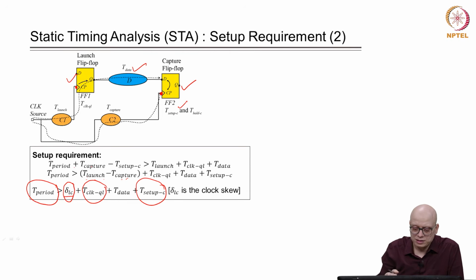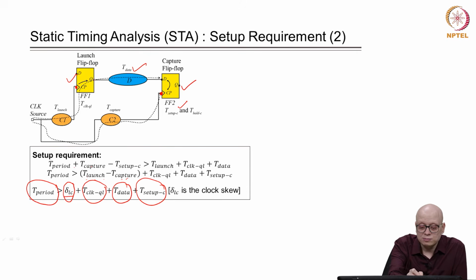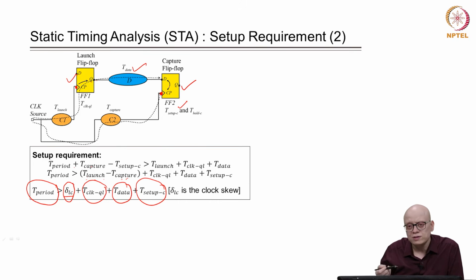From the technology library, this information will be picked, and then T data will be computed for the path between Q and D. How that T data will be computed, we will see in later lectures. It will just be the sum of delays encountered for each of the gates in the path, right. Now,